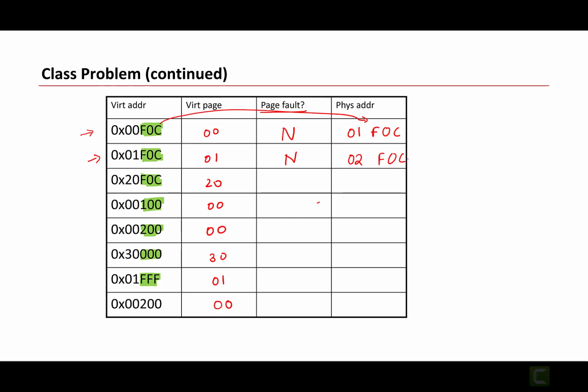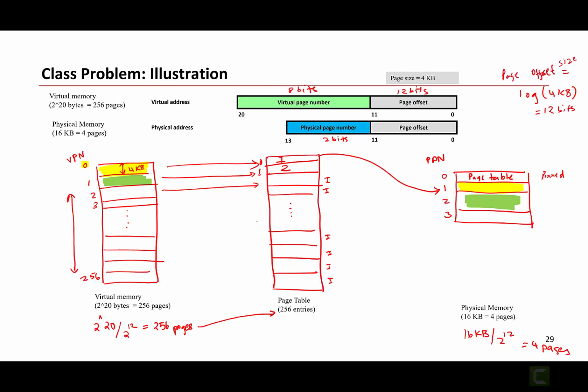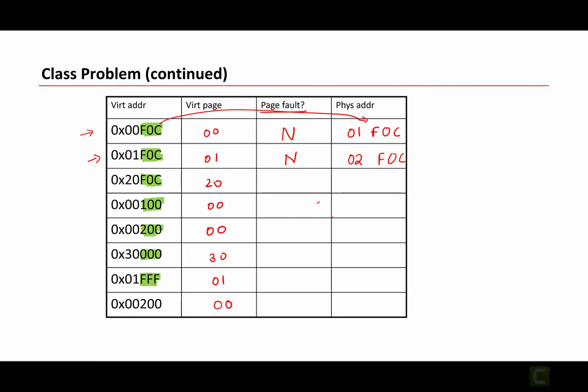Now for the next virtual page, which is 20, somewhere, let's say it exists over here, and we assume that all of these pages are invalid, meaning they don't exist in the physical page, and so we have to allocate a physical page for it. So this would be a page fault. The page fault handler would be invoked,